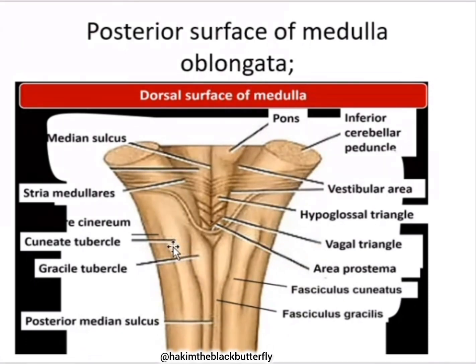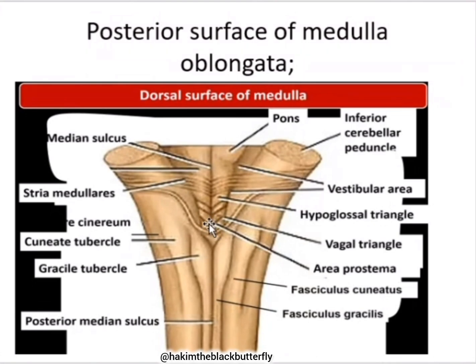Lateral to them, you're going to see another bulge known as the cuneate tubercle containing the nucleus cuneatus. It's very important. Then this region is known as the area postrema. This area postrema is the one which contains the vomiting center, and this is the one which anti-vomiting drugs inhibit. When they give you anti-vomiting drugs, they inhibit the area postrema. The blood passing through the area postrema is the one which induces vomiting. If it is intoxicated, this area postrema is going to stimulate the GIT and then the pharynx to induce the